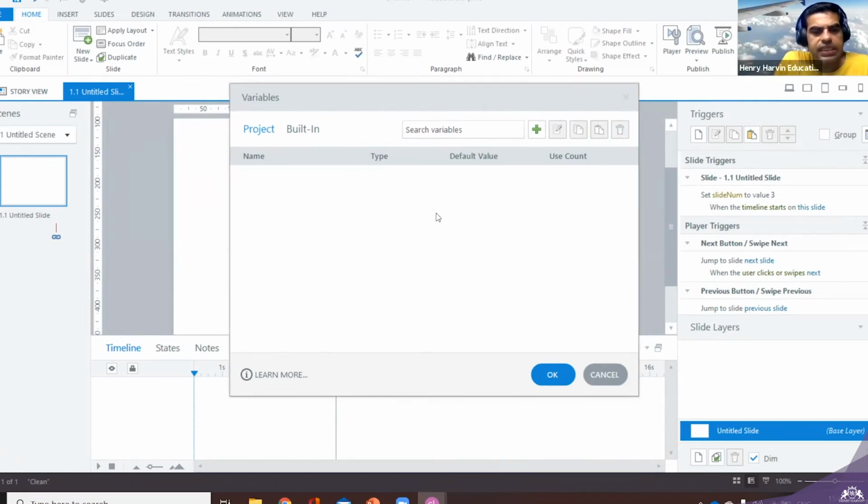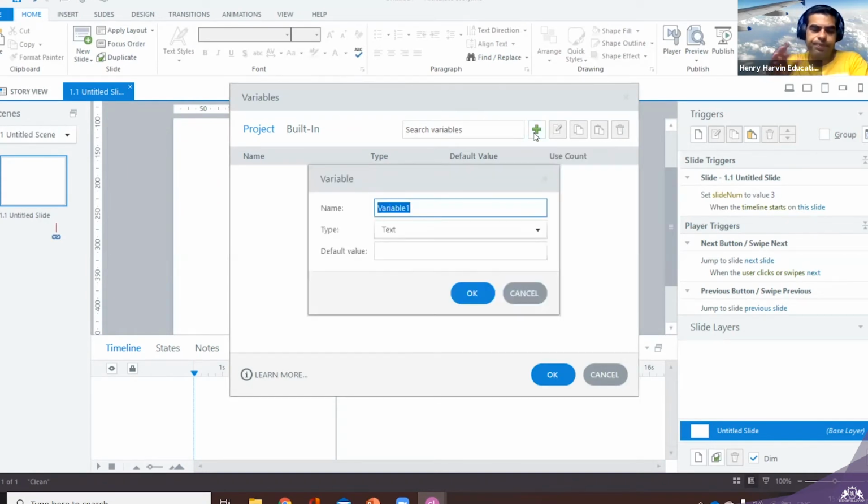A variable, once it is defined, will always be in your file even if you delete the object or anything. But if you don't want it, you can delete it. Likewise, I will give you an assignment, and a tip like this, which will be very important while doing courses. So I'm clicking on the plus sign to create a new variable. Now I'm a robot.